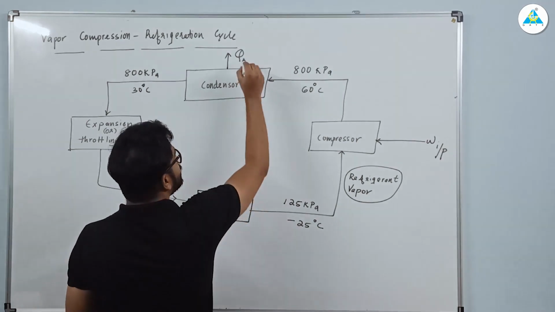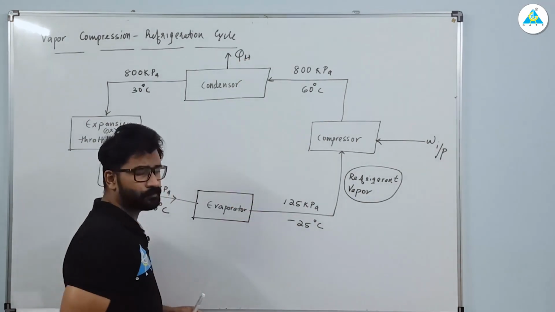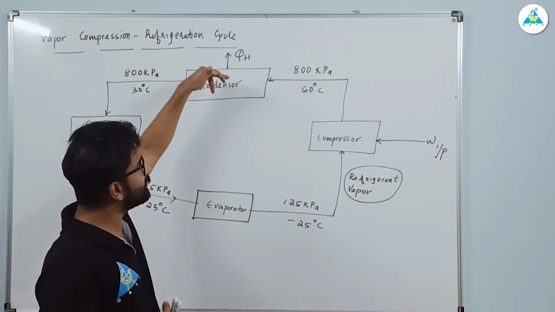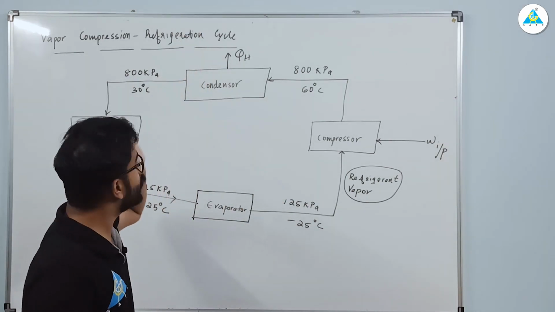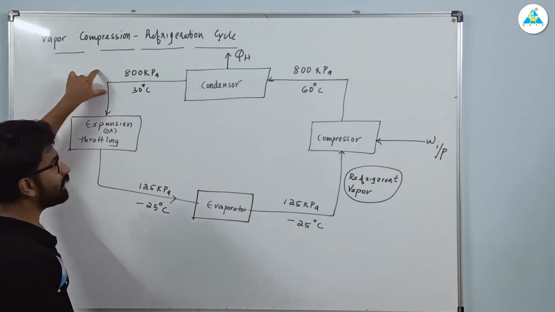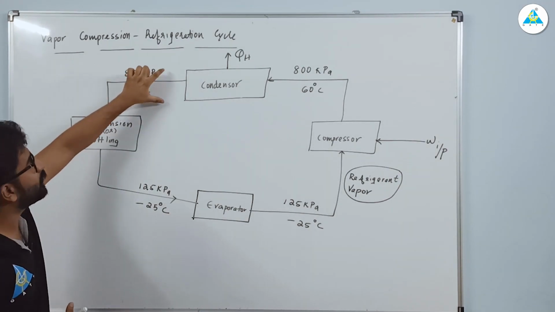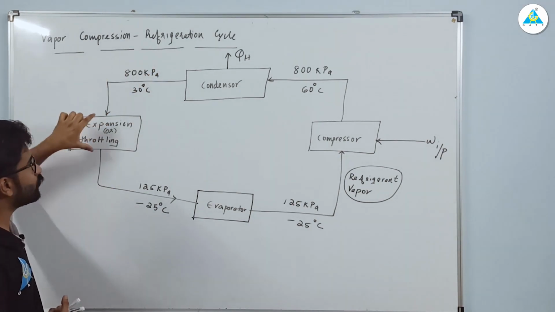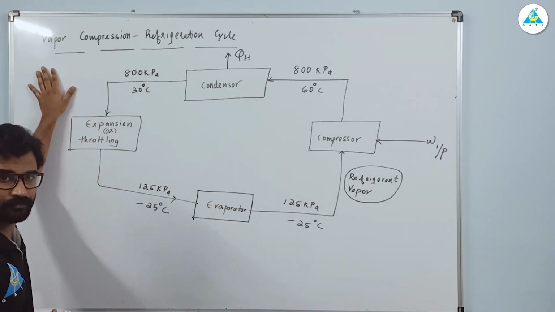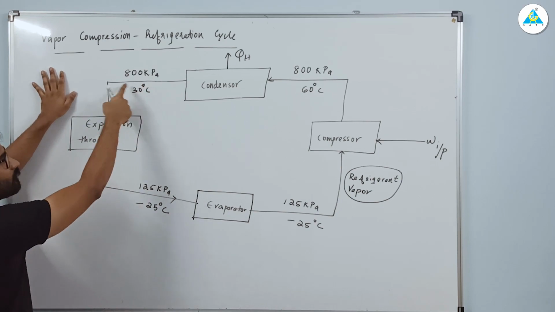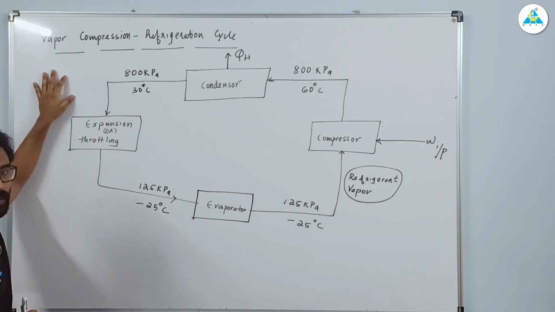So I may represent it as QH, that I will explain later. So it is a heat going out. Now that vapor, if it is condensed to liquid, that particular refrigerant is entering into your expansion or throttling valve, right? So the heat associated with the vapor is somewhat lost now. Now that is condensed, and the refrigerant is entering into your expansion valve, or throttling.